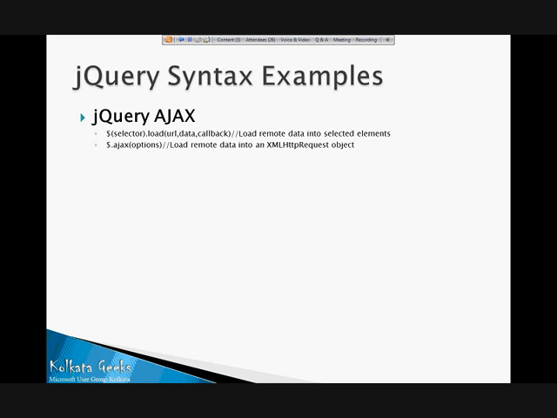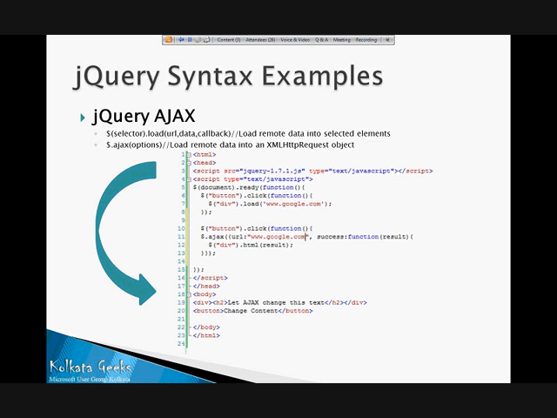As I told you earlier, jQuery also has Ajax, so it's really helpful for sending and getting requests to the server without using postback. So we can use this Ajax method in our application. So load method has three parameters: URL, data, and callback. So what it exactly does,